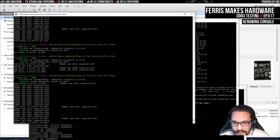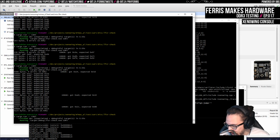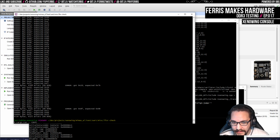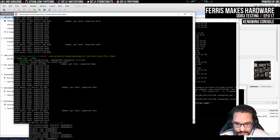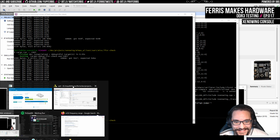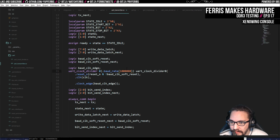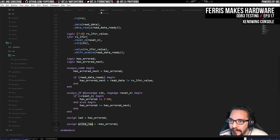See, this actually gets several bytes here, and then we get a bunch of errors. This actually gets through a fair amount of these before it breaks, which I find surprising, and annoying. I don't really know why it breaks like that. Actually, I think one thing that might make a difference here